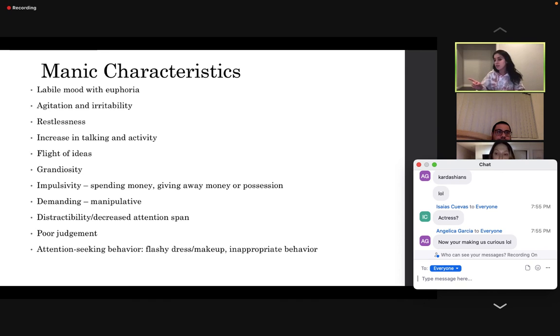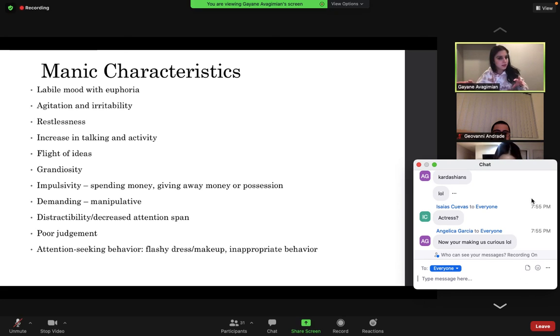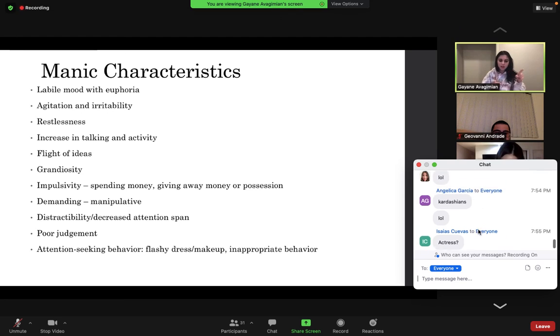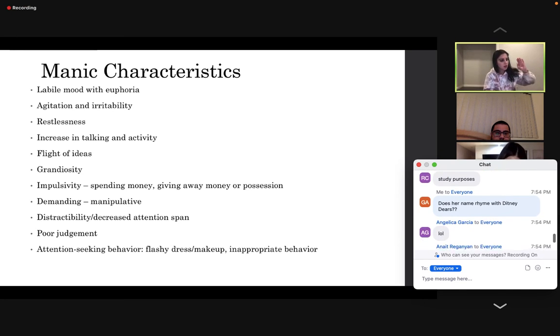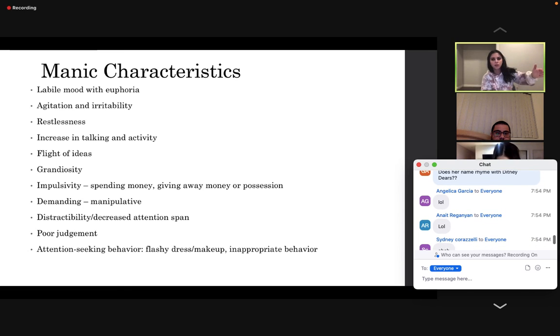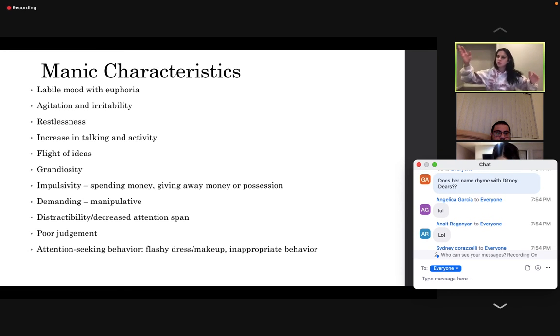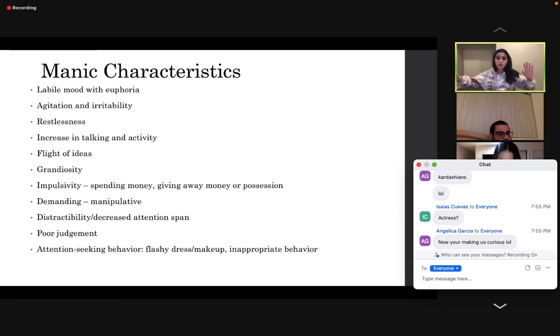Constantly walking, can't sit still, right? You can't really communicate with them with long sentences. Poor judgment, risky behavior, unsafe sexual practices. I remember a few years back, one side of the unit was female, the other side was male. At the start of my shift, we saw some male patients in the female room having the time of their life. And then the next day, that same patient was in another female's room. Poor judgment. You gotta watch them, okay?